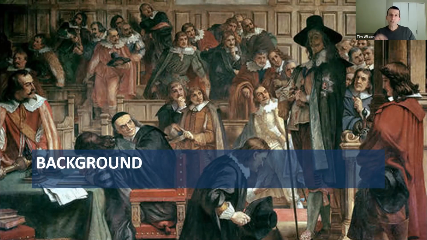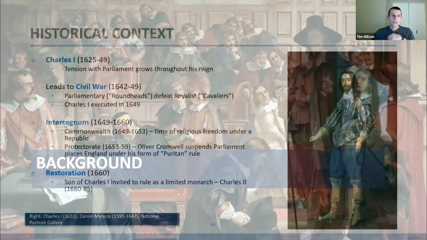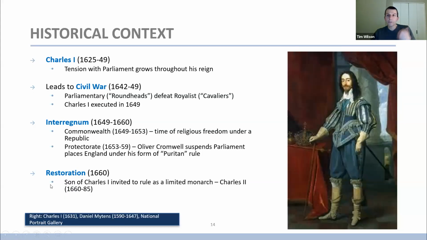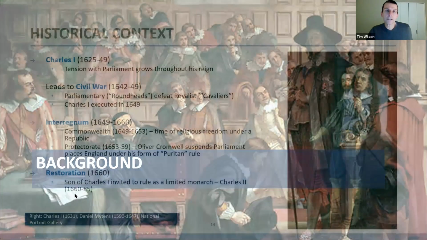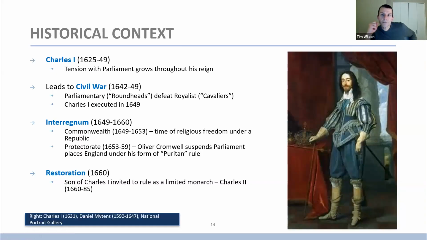And now I just want to touch a little bit on the context in which this poem was written, a little bit on Milton's life. So in addition to these biblical and classical references, there's this immediate political context that's happening with Milton. The biggest factor to keep in mind in terms of historical context is living in the shadow of this civil war in